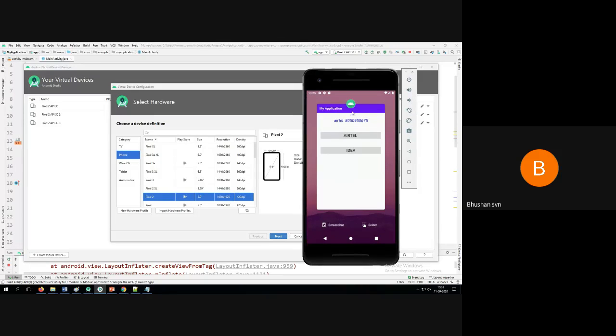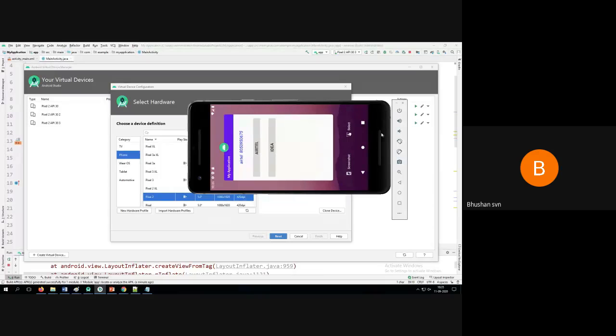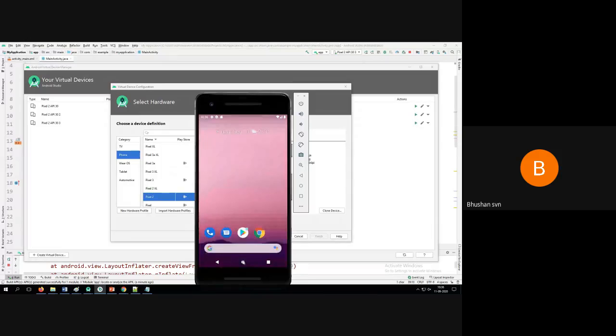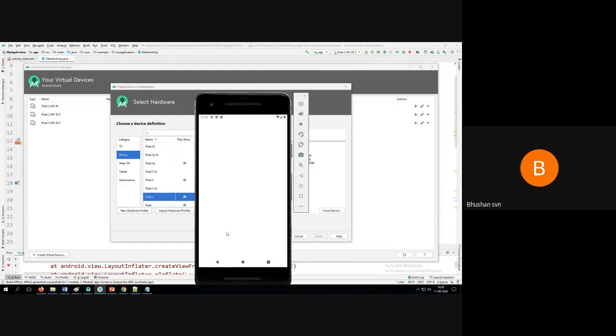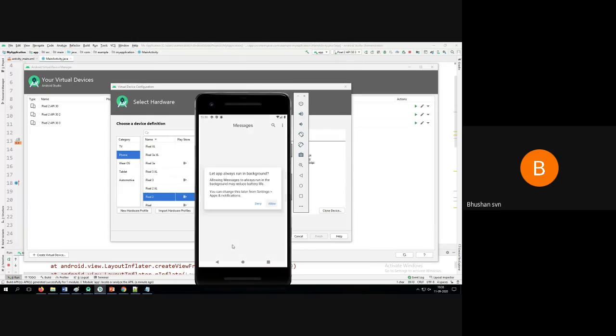So there are a lot of options available here. You can see there are orientations, and you can also increase your volumes and other things here. Maybe if you have integrated any audio devices and other things, all these things can be made applicable here. See messages, like how you are using mobile, all these things can be done here.